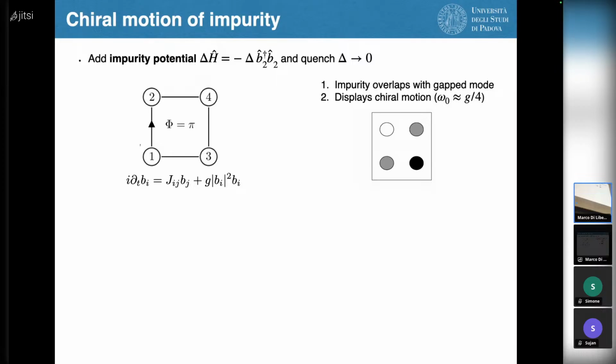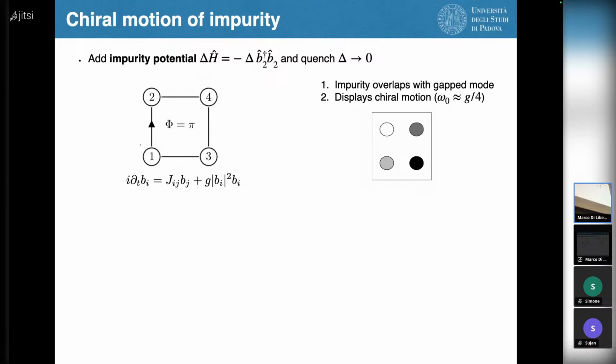So if you think of it as a magnet, there are these two, vorticity left or vorticity right, that are degenerate. So first we looked at the weakly interacting case, Bose-Hubbard physics on only 4 sites, assuming a condensate. You put some impurity that localizes the density somewhere here, then you quench, you remove this potential, and you see what happens to this density excess. And what you find is that in this way you can see the vorticity by monitoring the motion